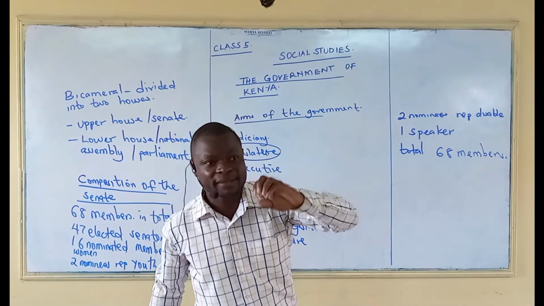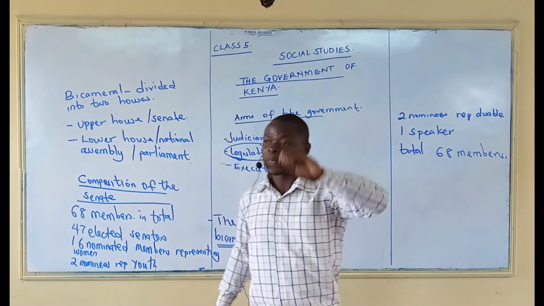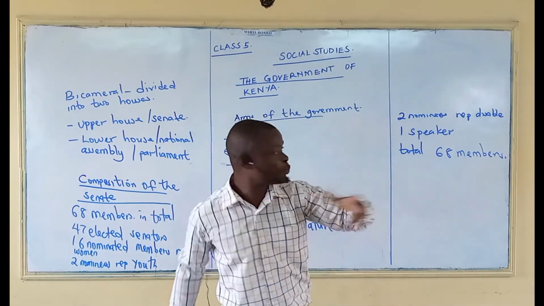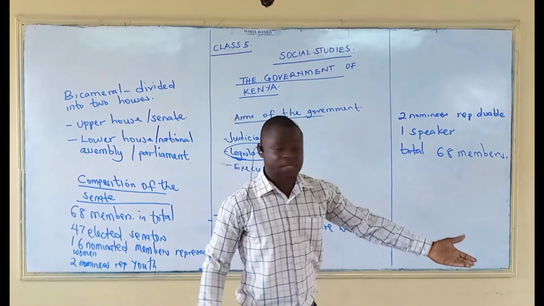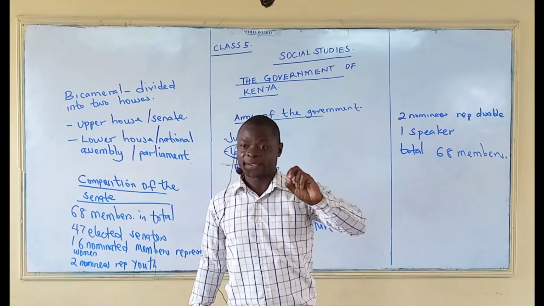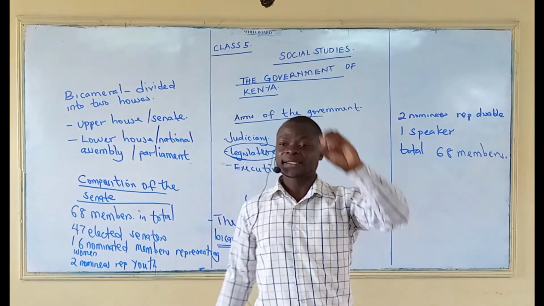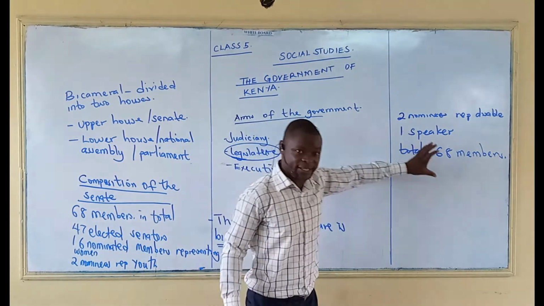That is age 18 to 35 years. You cannot nominate somebody like Teacher Opondo here, who is 42 years, to represent the youth. Why? I'm not a youth actually. So these 2 nominees representing the youth should have an age bracket of around 18 to 35 years. Then let's see. We also have